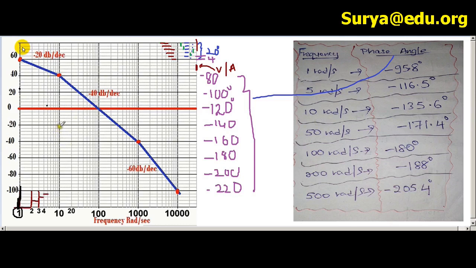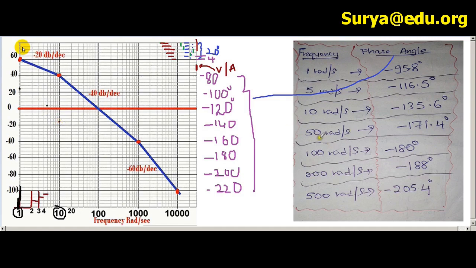So what is the 10 radians per second frequency line? This is the 10 radians per second frequency line. So this stands for 10 radians per second. And what is the value? 135.6. Okay, no problem. This is 120, 124, 128, 132, 136 is here, right? It doesn't matter, it is 135.6, but we can approximately mark this point as 136, so it's no problem. So I think it is matched. So it is here at 10 frequency and 135.6, so minus 136 phase angle line. So this is done. So now 3 plots are done.